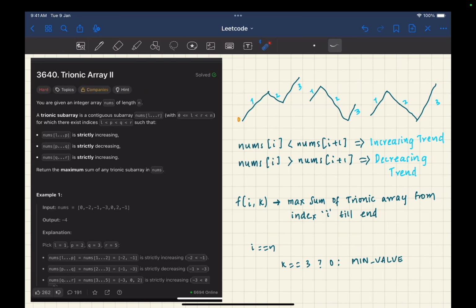Let's solve today's Leetcode problem 3640, Trionic Array 2. You are given an integer array nums of length n. A Trionic array is a contiguous subarray nums from L till R with 0 less than or equal to L less than R less than n, for which there exist indices L, P, Q, R